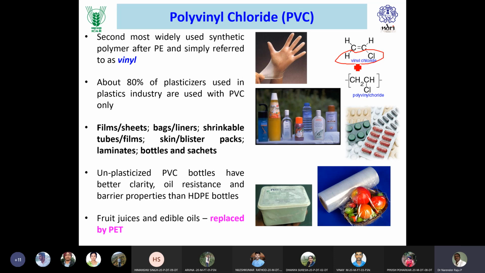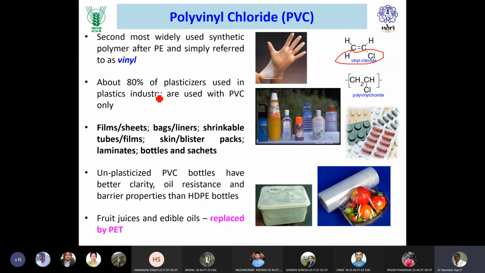So to improve the flexibility and other properties, you dope the polyvinyl chloride with a large number of additives, such as plasticizers, right, antioxidant agents, heat stabilizing agents, and other agents. So because of the use of these additives, the material is commonly loaded with a large number of additives, and these additives may migrate whenever such material is used for packaging applications and may fail the required regulatory standards, right?